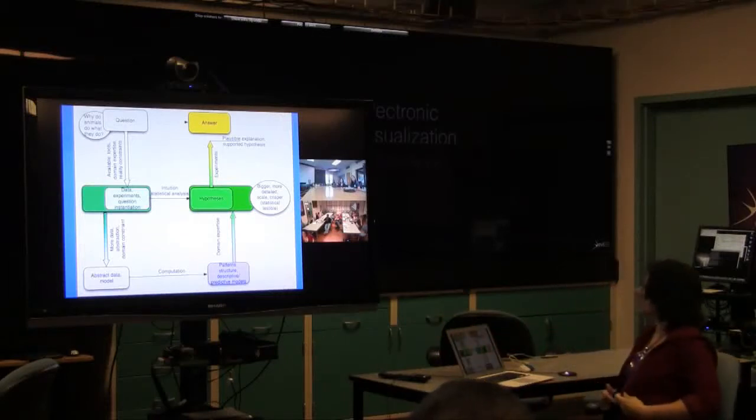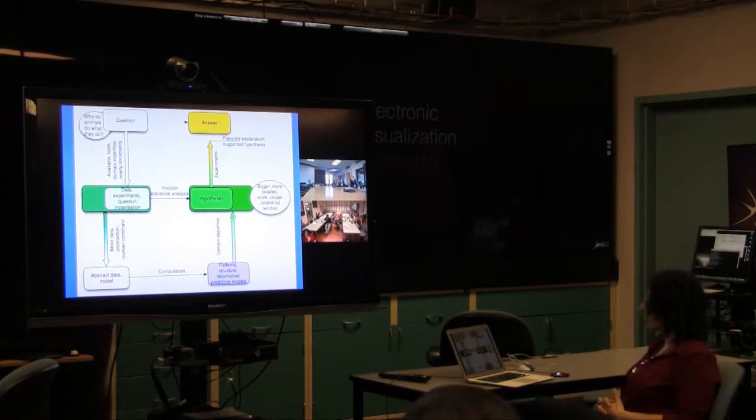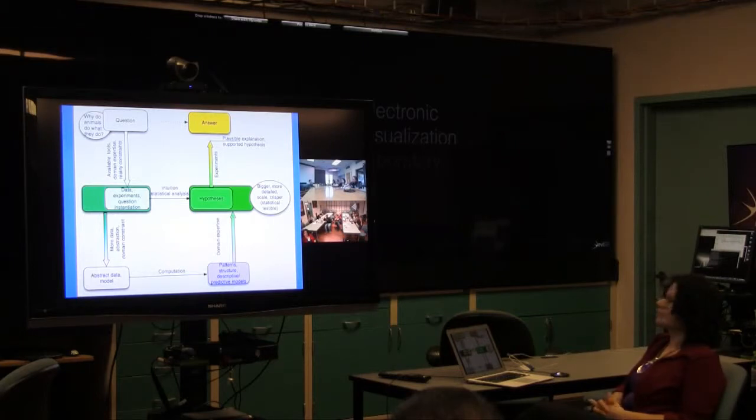The idea is that this is a project-based course, and all projects are interdisciplinary projects, something to do with computation and something to do with biology. So the mix can be different. It can be a biological question answered using computational techniques, or it can be a computational question with applications to